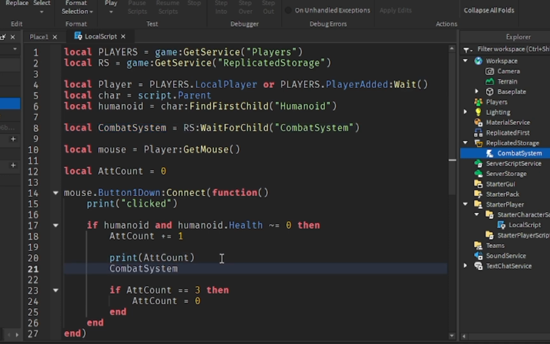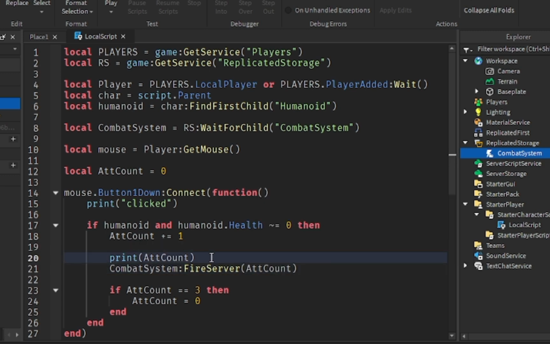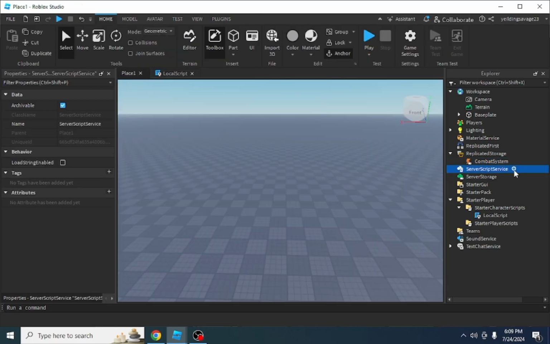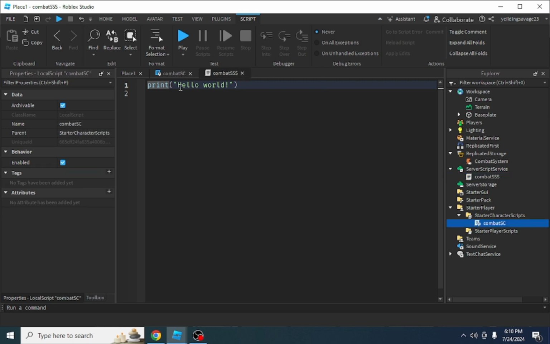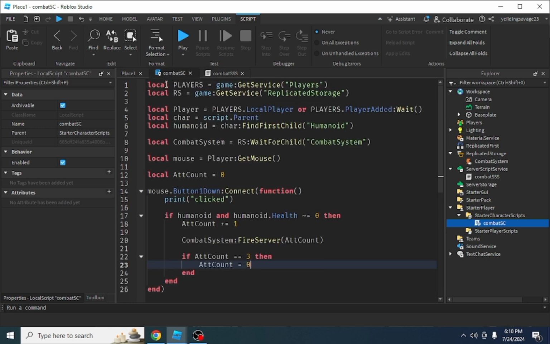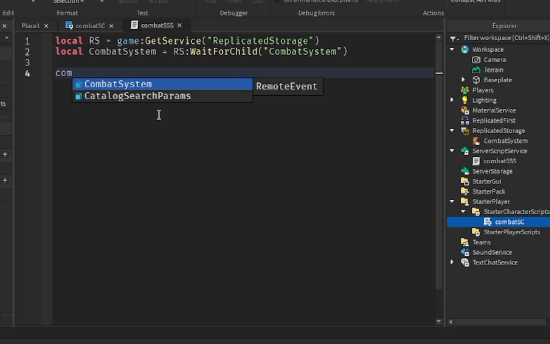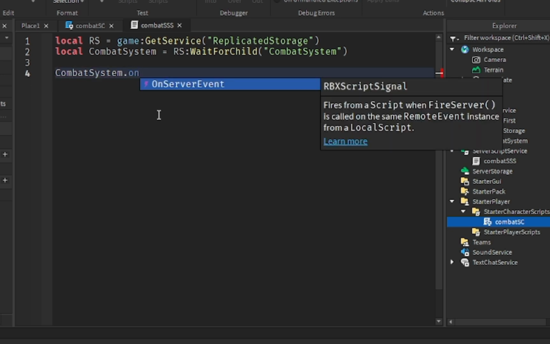Now we can fire this combat system fire server. So then pass the parameter count, attack count, because we want to make it filtering enabled, so we can actually deal damage to another player or NPC. You can see here, get this one, then this one, copy this one. But yes, there we go. So now we can combat system that on server event